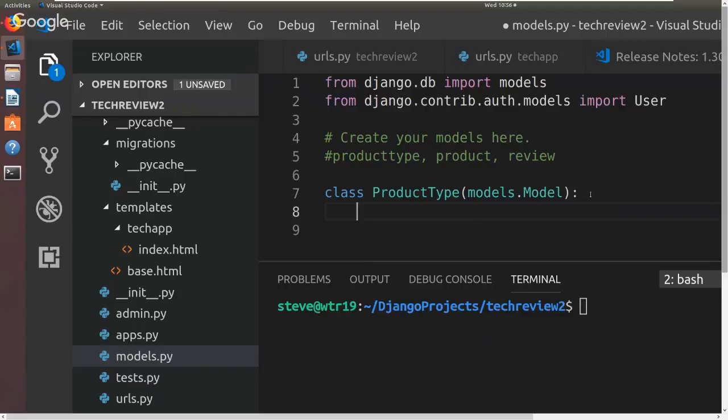The other thing is I'm not going to define a primary key, although you can. If you don't define a primary key, you automatically get an auto-numbered ID. Okay, so we'll just let it do that. This is going to be a real simple one. The main thing I'm going to do is product name, and I'm going to say that equals models dot,